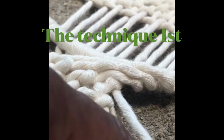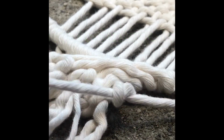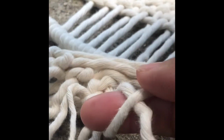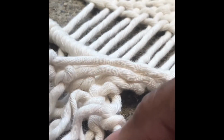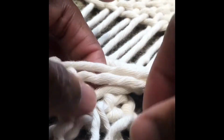Okay, get this, over, under, get it close, pointer finger around and through, make it even, push it up, make it even, and then here they are. You're ready to put the plant